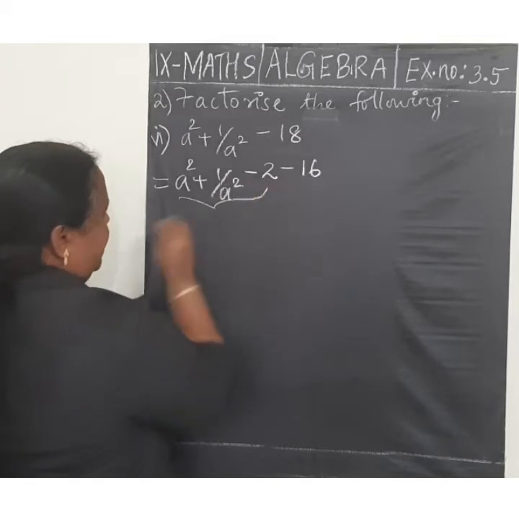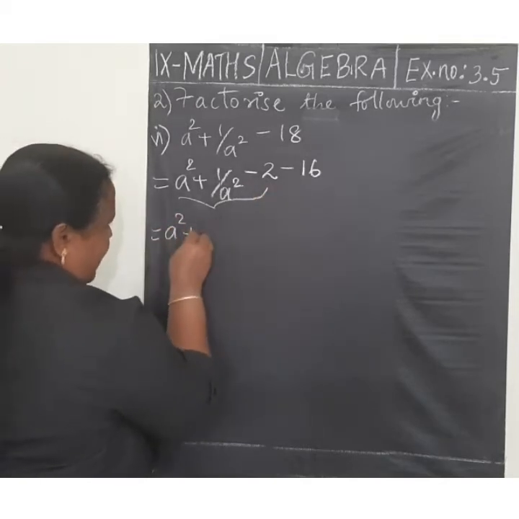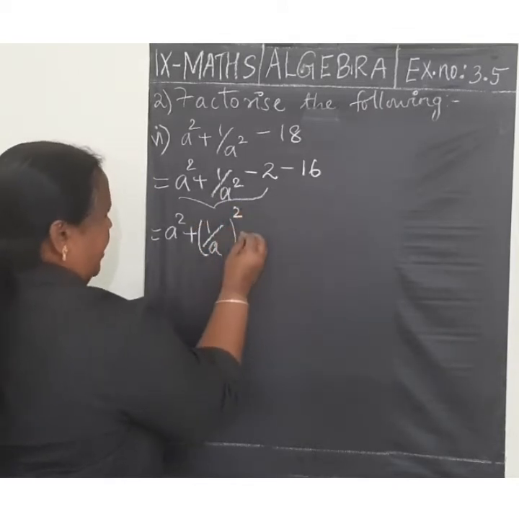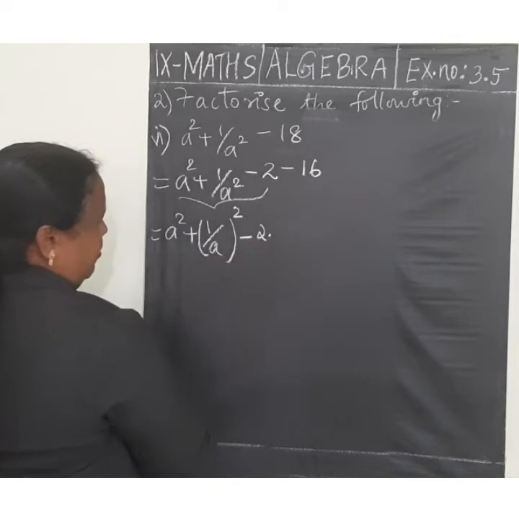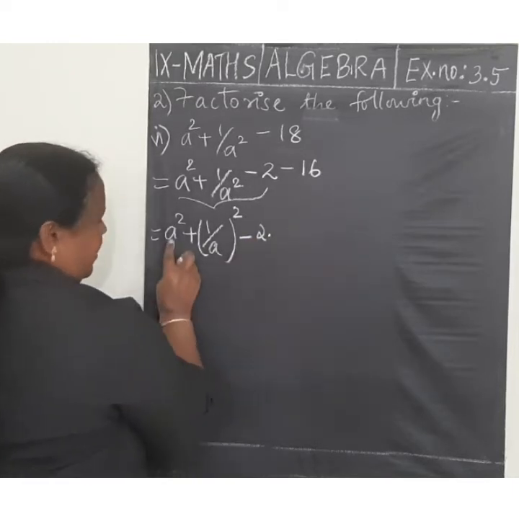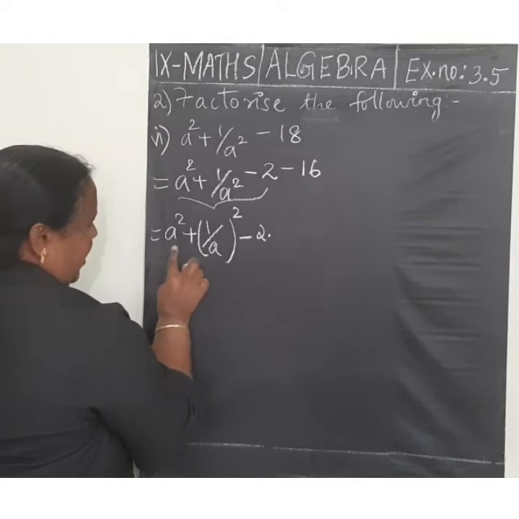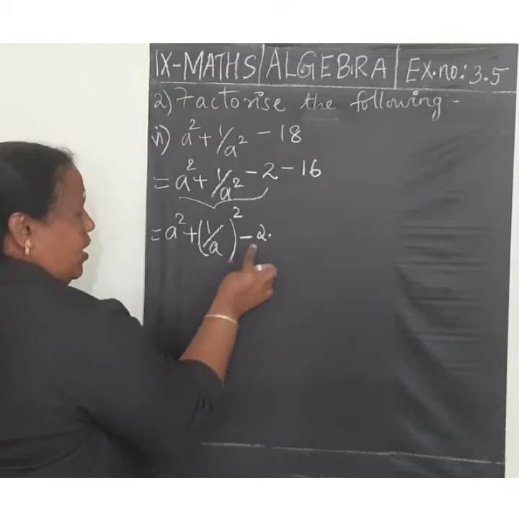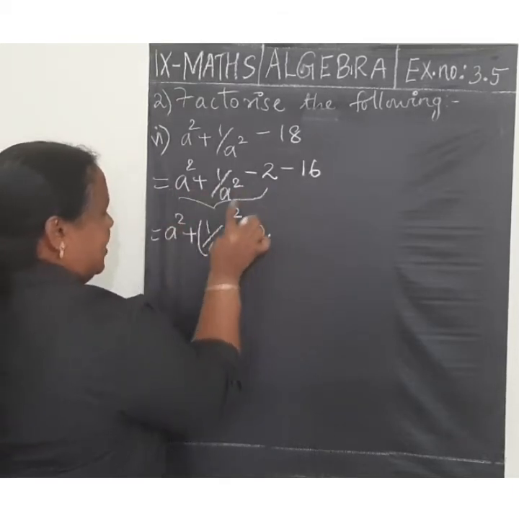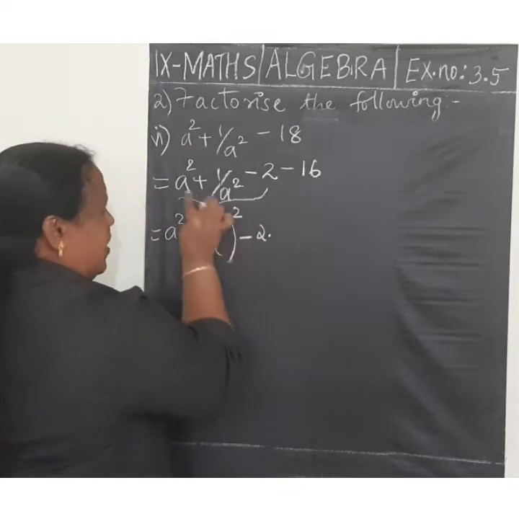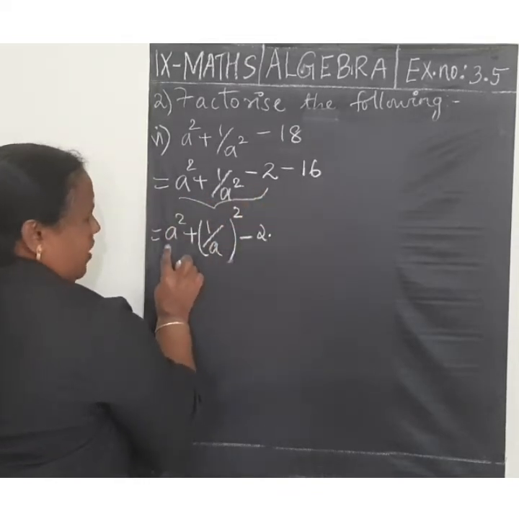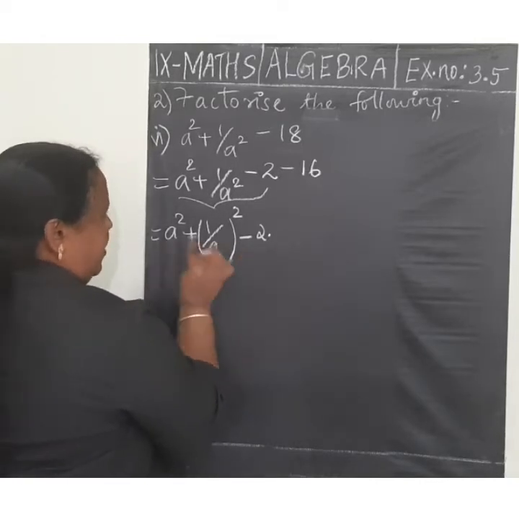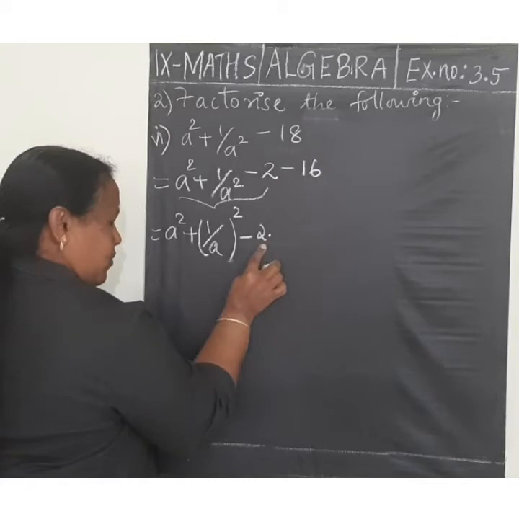Now take the term a squared plus 1 by a squared, which we can write as a minus 1 by a the whole squared, plus 2. Now listen here: a squared plus 1 by a squared. So we write a squared, b squared also, minus 2ab. If we put minus 2ab here, we get this term, and we have to check it. So we have taken a as a and b as 1 by a. So for 2ab, 2 is already there, so we are writing the 2.